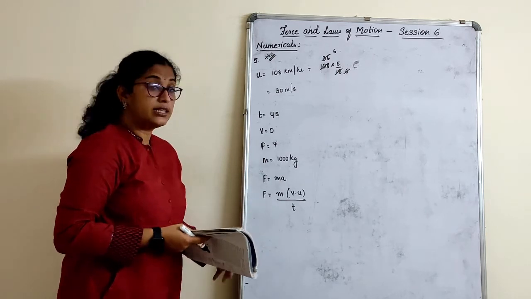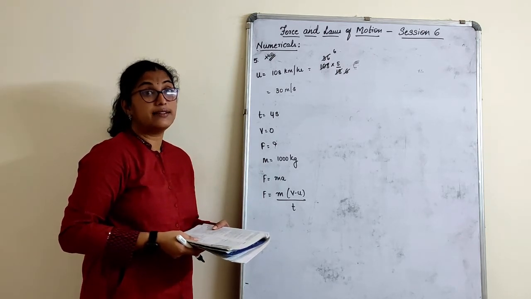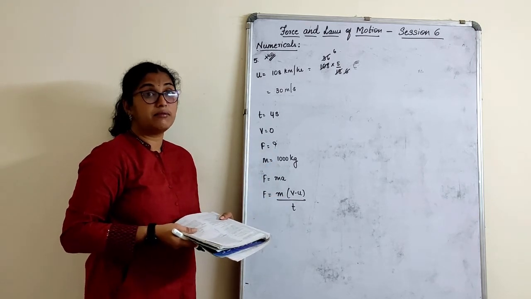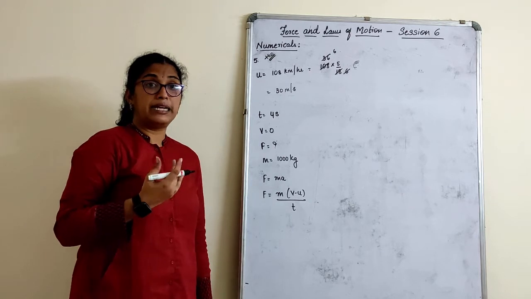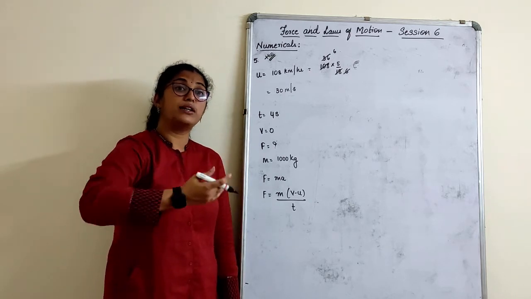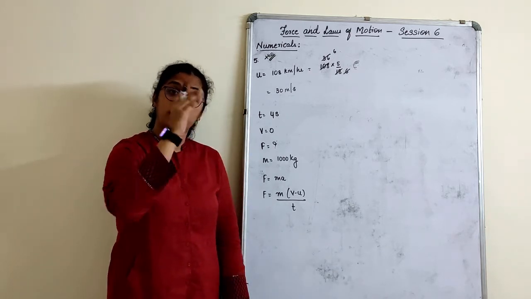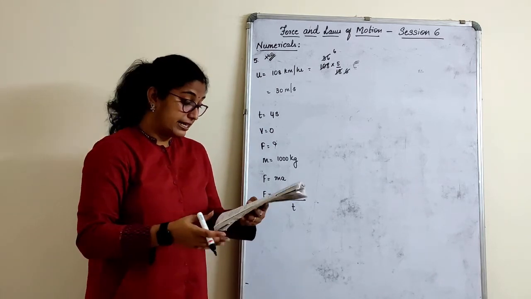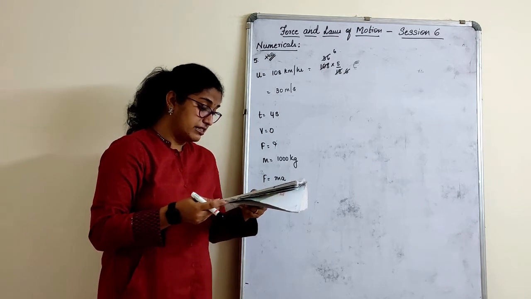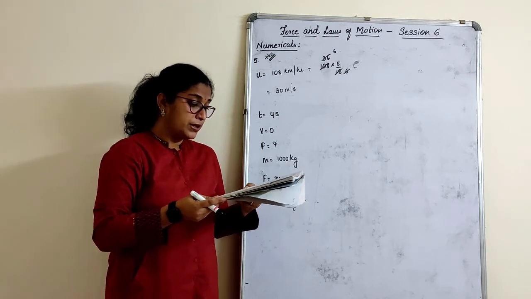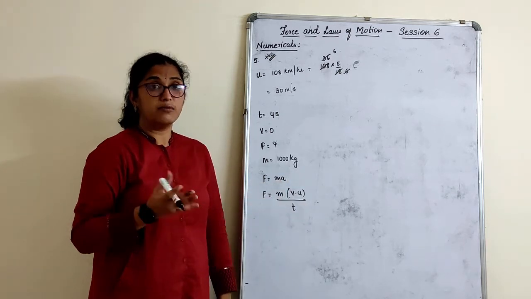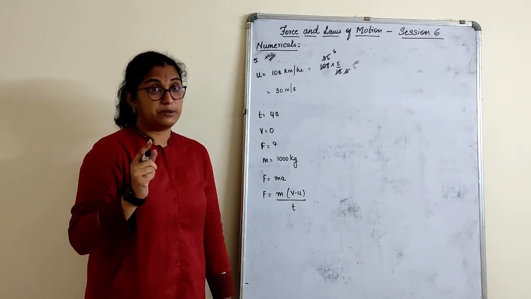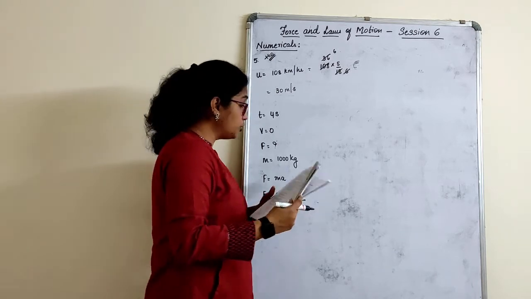Now, the thing is, will the answer come in plus or minus? The answer will come in minus because V is 0. Why will the answer come in minus? Because brakes are applied. The body was moving, the brakes are applied in the opposite direction. That's why the body has come to rest. That is why force will be negative. So the negative sign tells us that force exerted by the brakes is opposite to the direction of the motion. Right? So here when you get a negative answer, you have to give the explanation to it. We'll move to the next one.